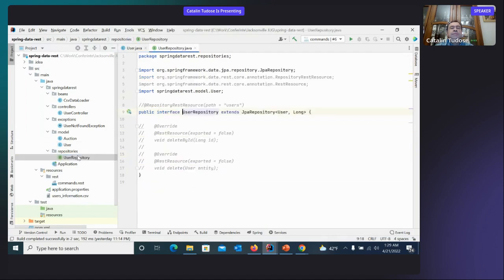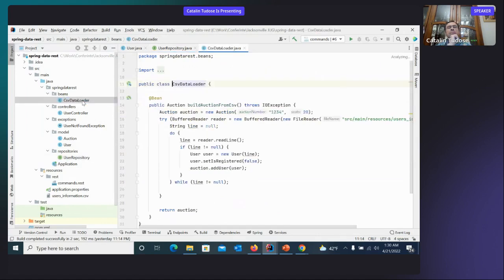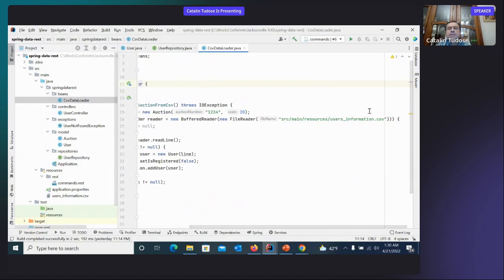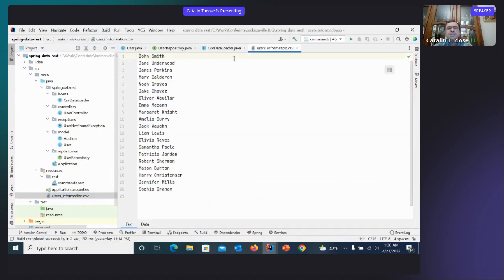we have to create such a repository. I'm going to work a lot on it. This is the repository that makes the connection between the entity and the database. Here we are specifying that we are managing entities of type User having IDs of type Long. And for loading users, we are taking them from this CSV that is prepared here,